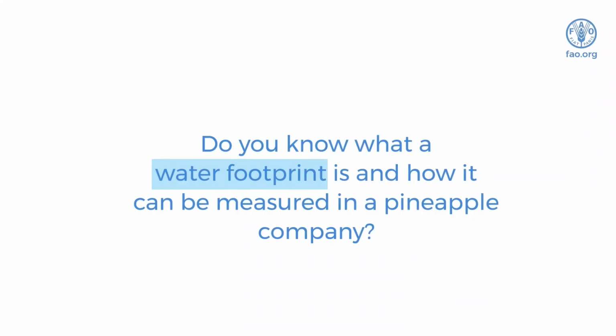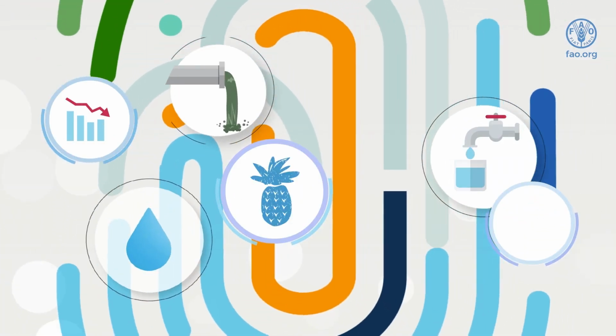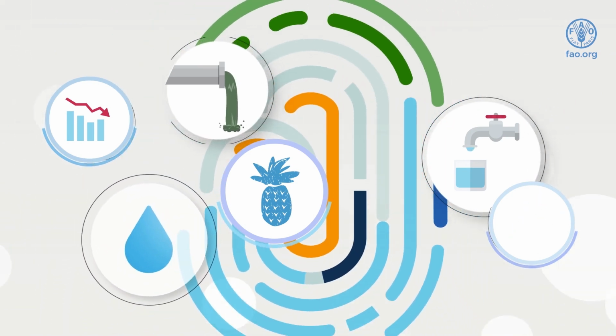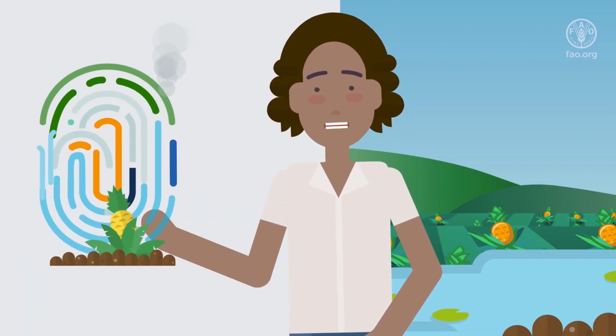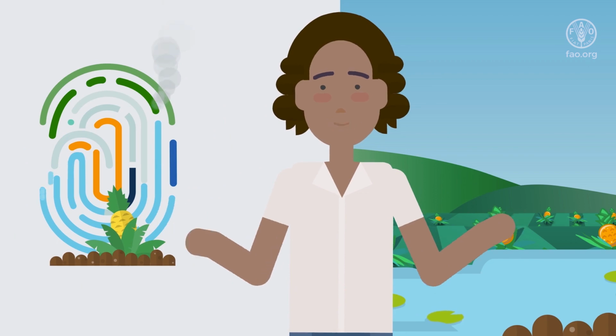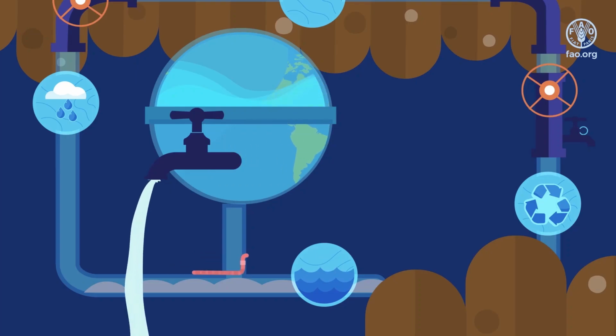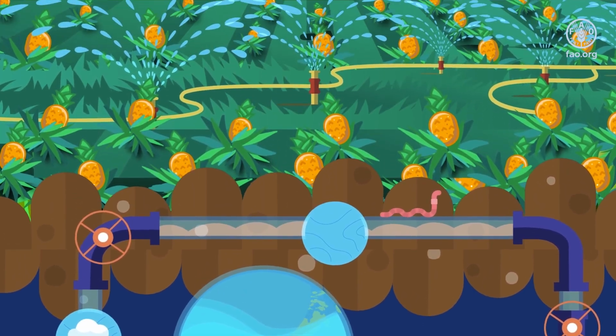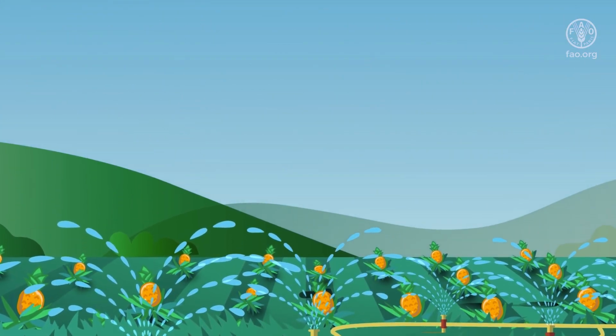Do you know what a water footprint is and how it can be measured in a pineapple company? A water footprint is a measurement of the potential environmental impacts that a company's operations may have on water. Impacts arise when companies use water, which affects water quantity, or when a company's operations directly or indirectly affect water